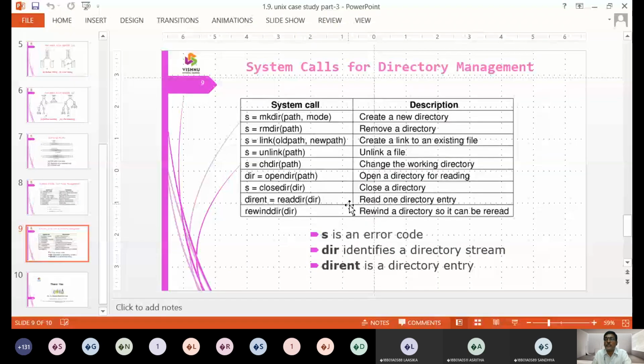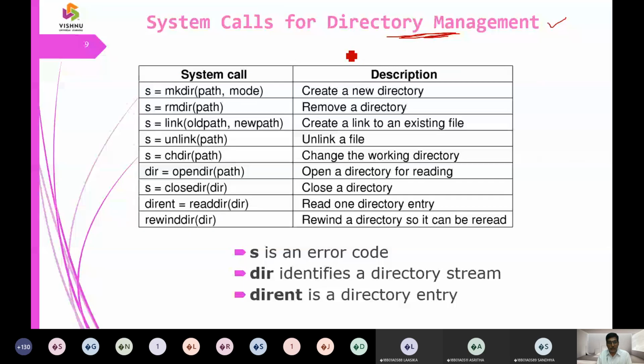After that we will be having the directory management commands. In this directory management commands, that is nothing but creating a subdirectory and all. So for that, what are the system calls? What are the commands? So we can say mkdir. Mkdir is nothing but creating of a directory. rmdir is nothing but removing of a directory. We can just remove the directory.